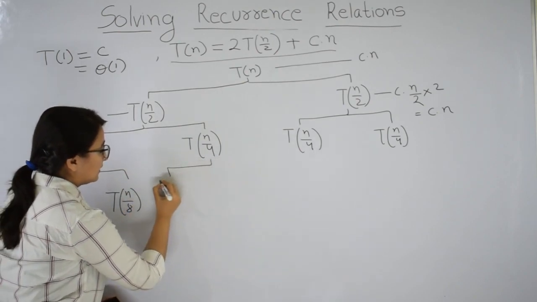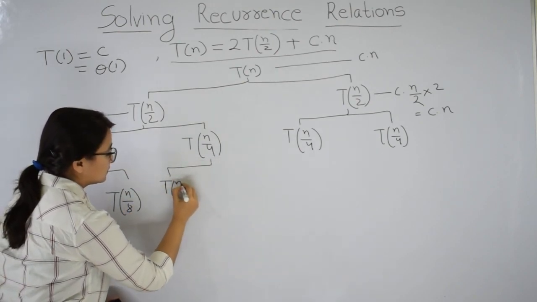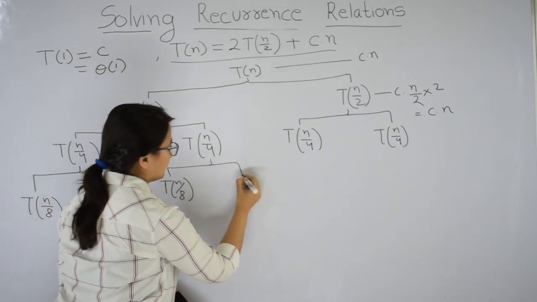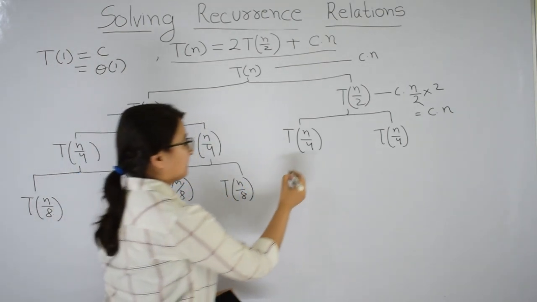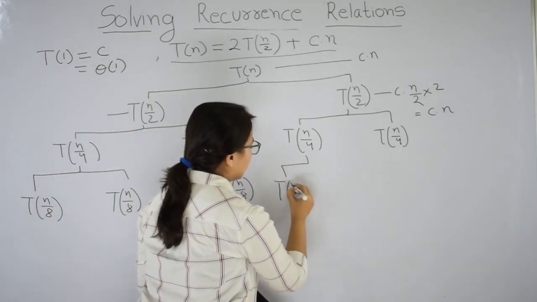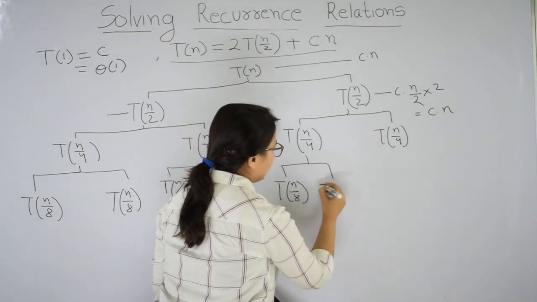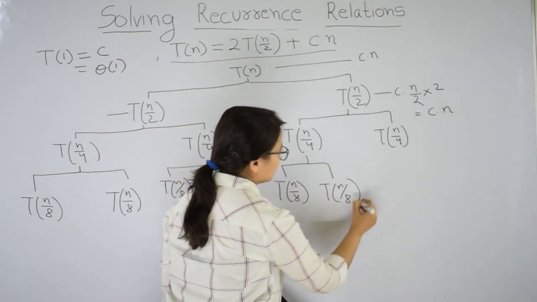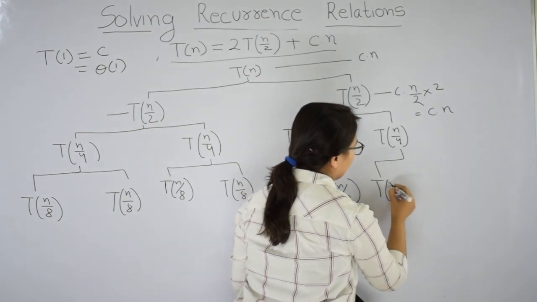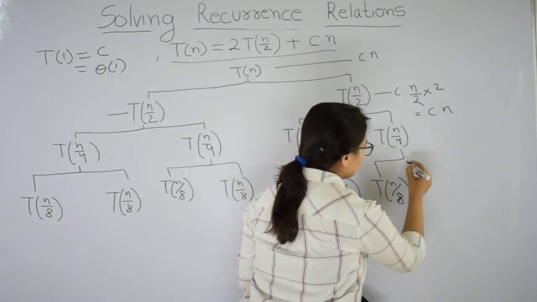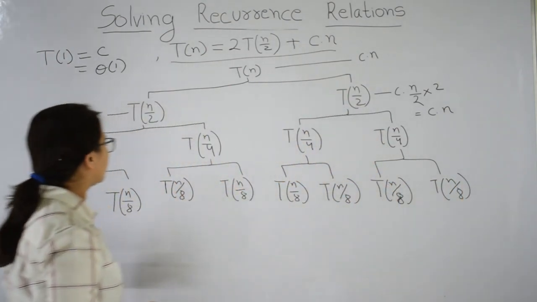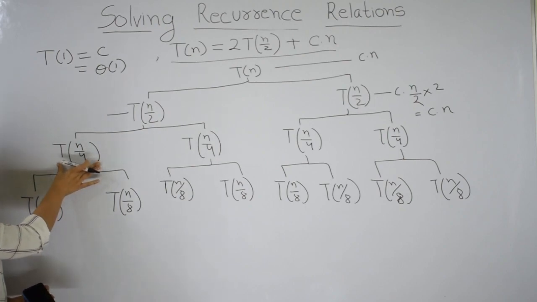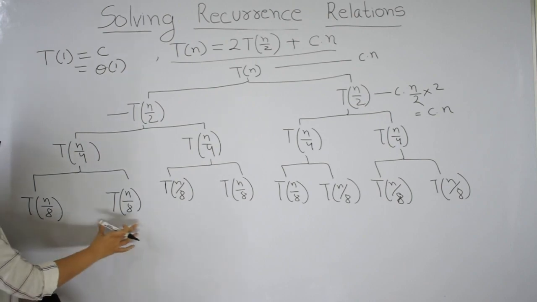This will also have T of n by 8, time taken on size n by 8, time taken on size n by 8, time taken on size n by 8. So each of these calls on size n by 4 will make 2 calls to size n by 8,